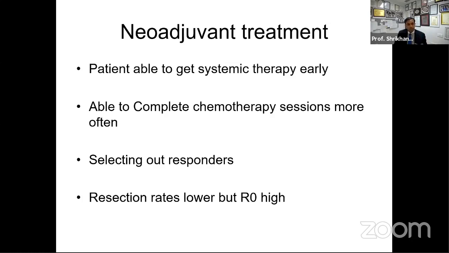So in borderline resectable, we are selecting out responders. In resectable disease, we are still not there, but it will come for resectable disease also the day we have chemotherapy which is going to produce results even better than FOLFIRINOX. That's what's going to drive the next round of clinical trials evaluating resectable pancreatic cancer and treating it as a systemic disease to begin with. Just now, we still look at surgery because we still have very poor quality chemotherapy. It's better than before, but we are still a long way off. I don't think it can displace surgery as yet.